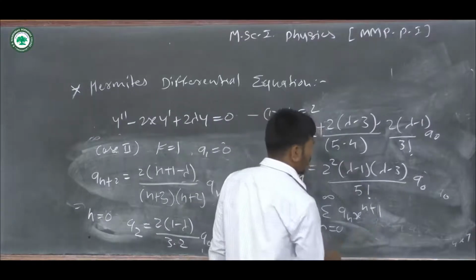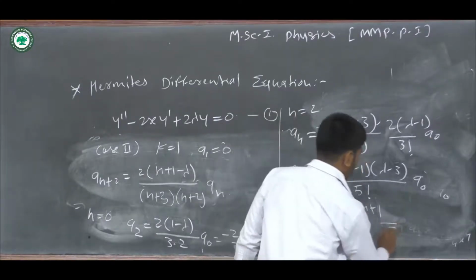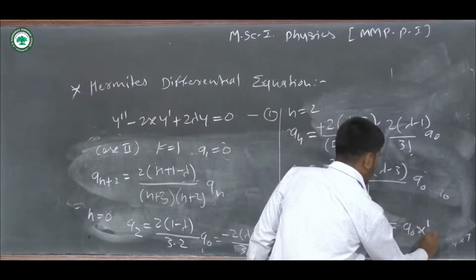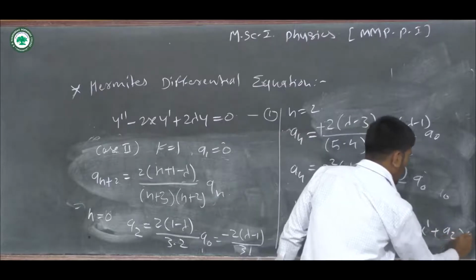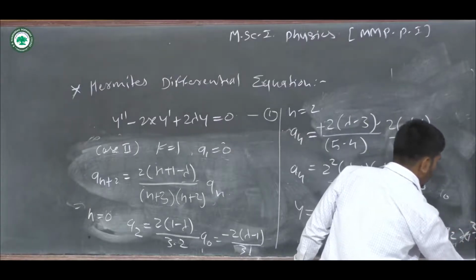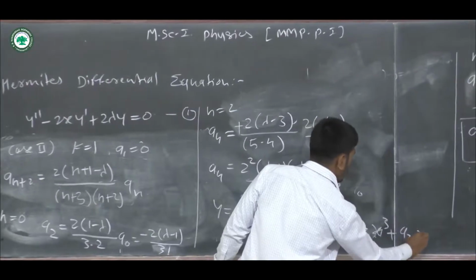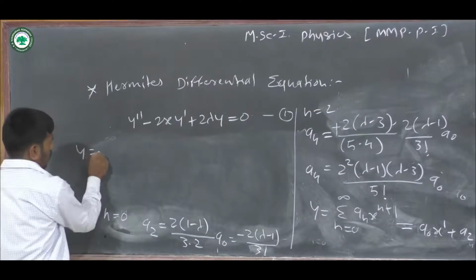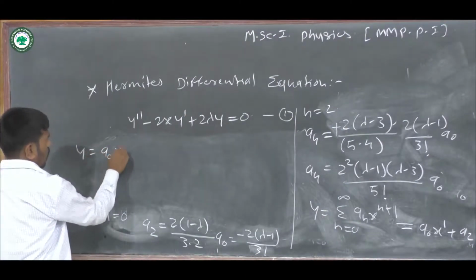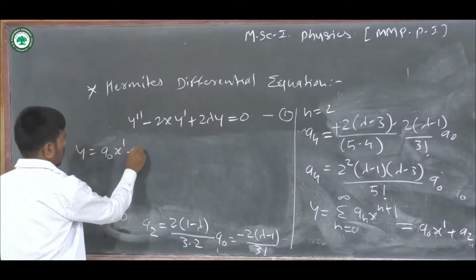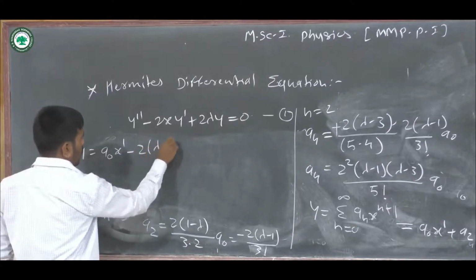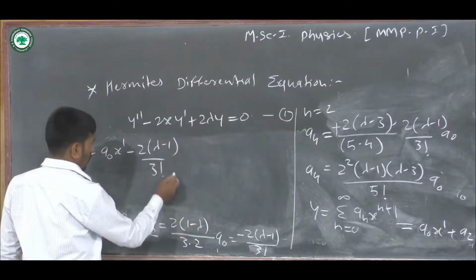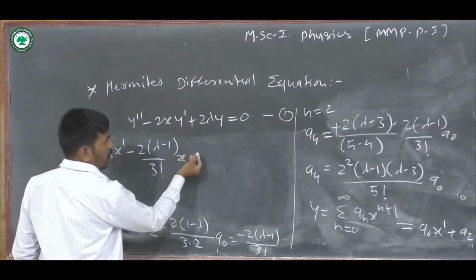So this is a0 x^1 + a2 x^3 + a4 x^5, and so on. Okay, so y is equal to a0 x^1 minus 2 (lambda minus 1) divided by 3 factorial, into x^3,